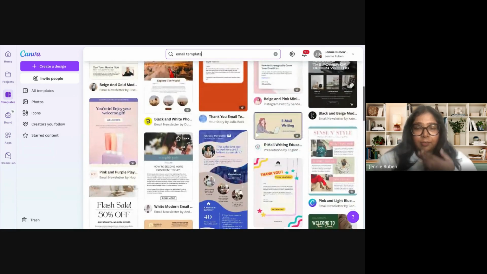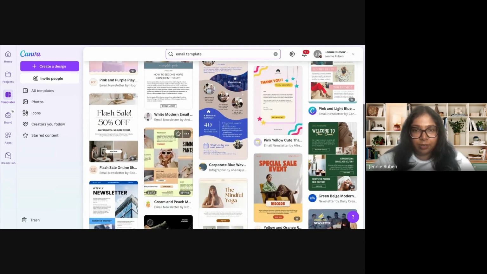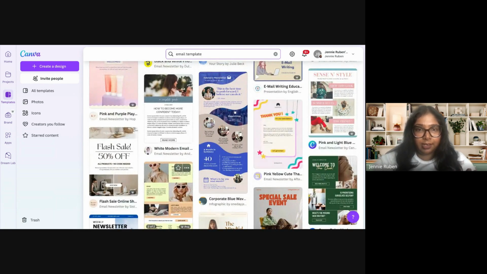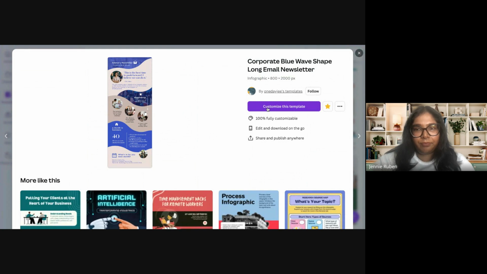I'm looking for what's going to fit the information that I have. Do I need a big one? Do I need a short one? And this one looks kind of nice, so I'm going to do customize,